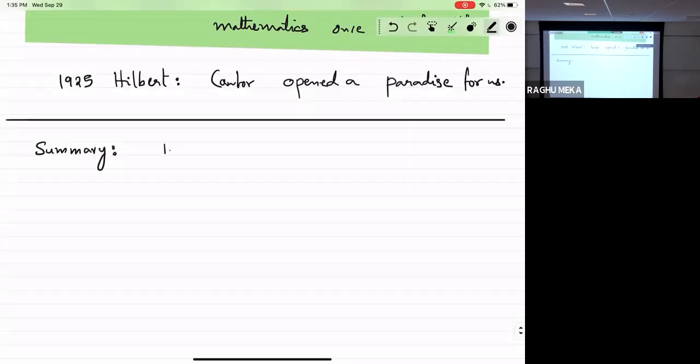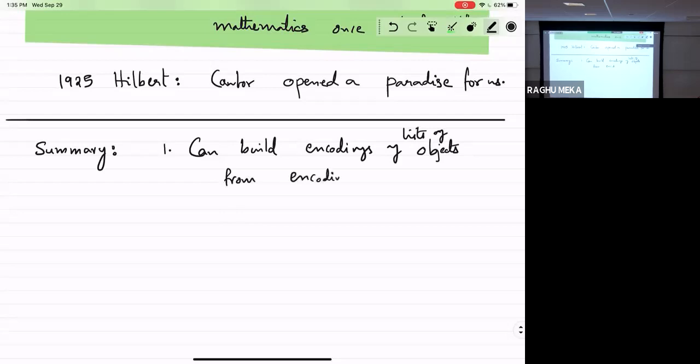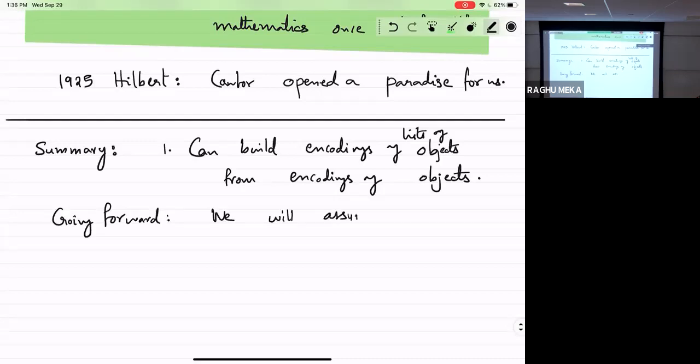All right. To summarize our discussions, we can build encodings of lists of objects from encodings of objects. Okay. And as a result, going forward, we will assume that inputs,